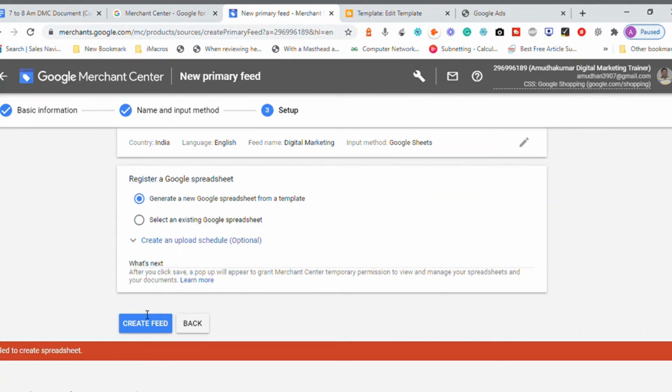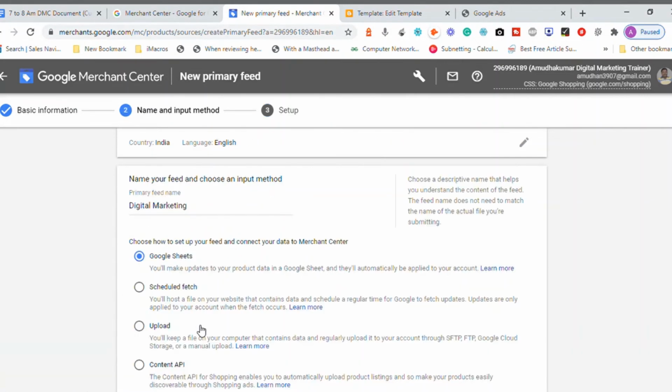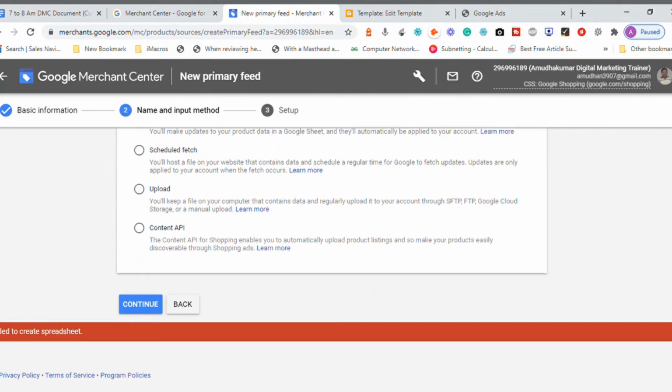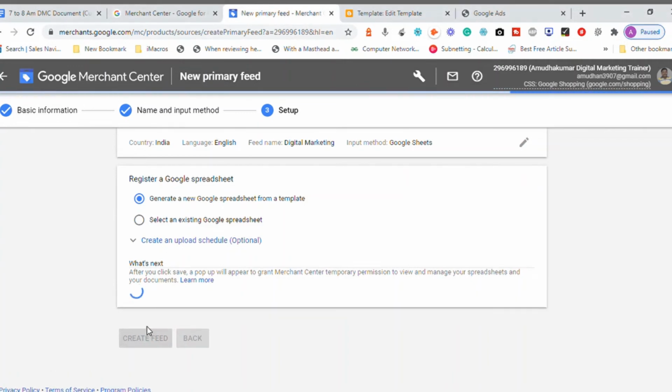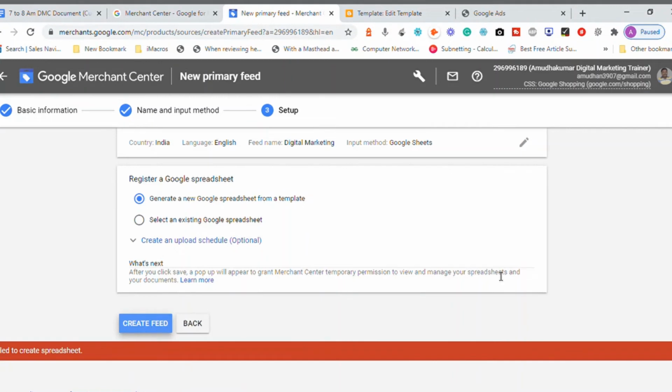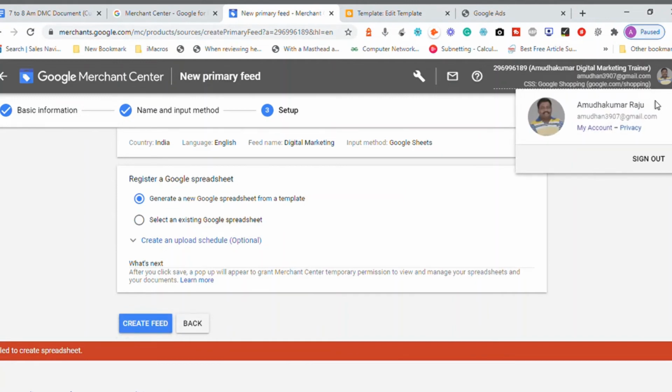So what I'm trying to do here is go back and go with Google Sheets and see what happens. Let me create a feed. It is supposed to open and ask me which account to use. Because I've already tried to access a different account, it is not giving me an option. Most probably once I sign out and sign in, I can do this.